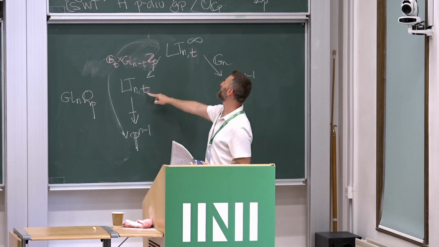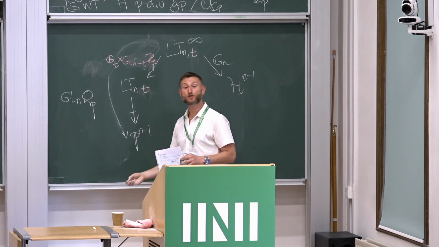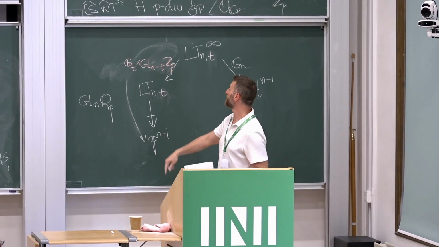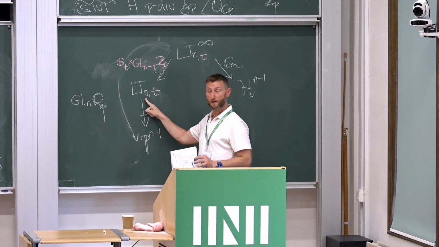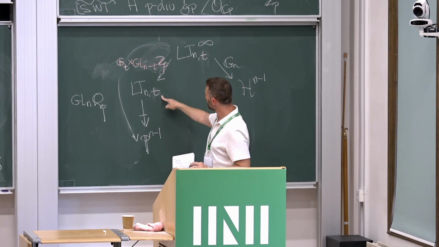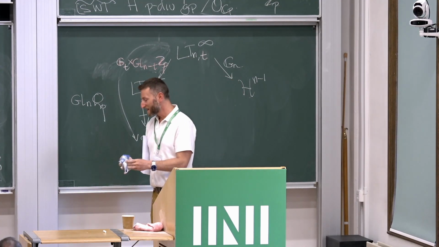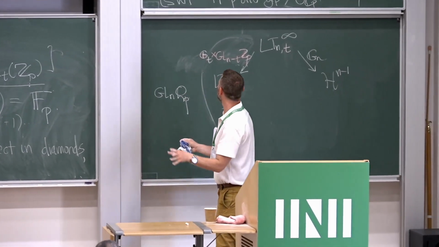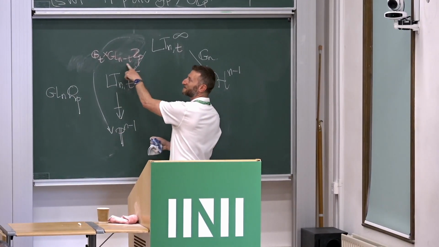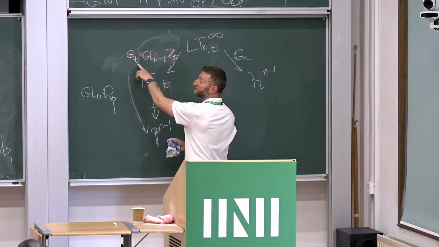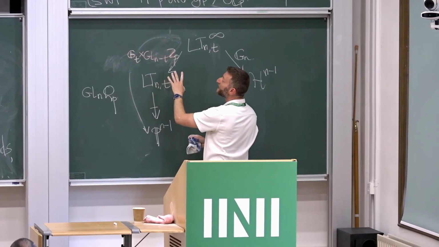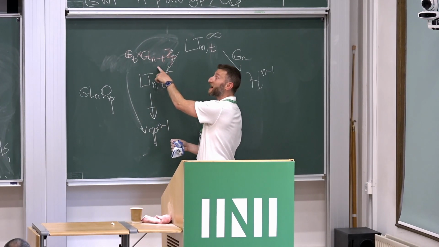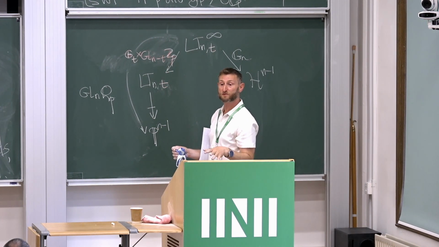Okay, so what does this mean? LTN carries this universal deformation. We started with some formal group over FP bar, and you can deform it to LTN. Over LTNT, that kind of means that it splits up as something étale, and the étale part has this height, and the rest of it's connected, of this height. But only abstractly. Once you trivialize those, you get this kind of cover. That's kind of exactly how this group appears in this situation.